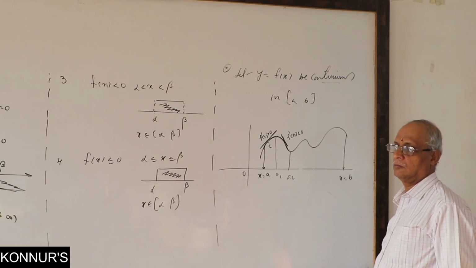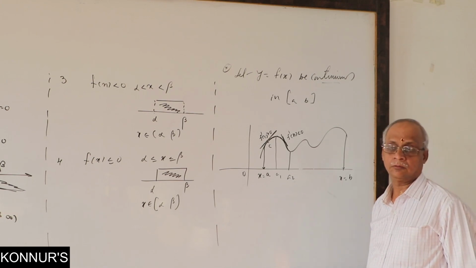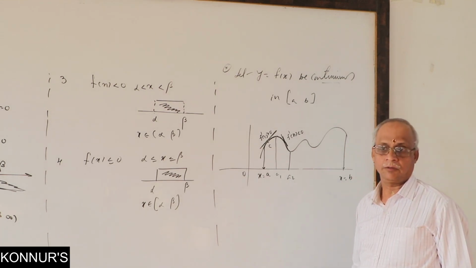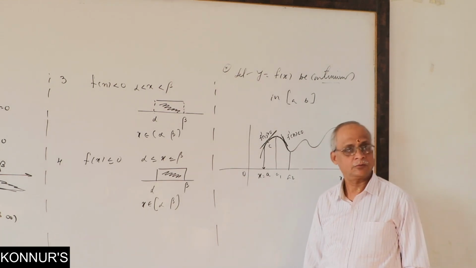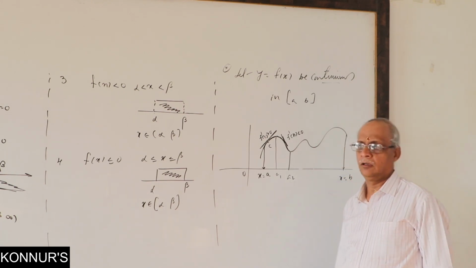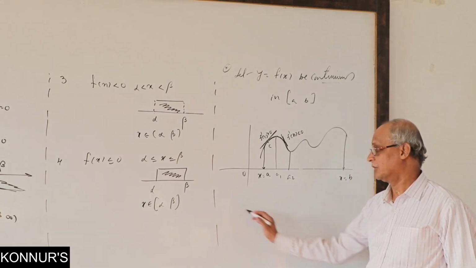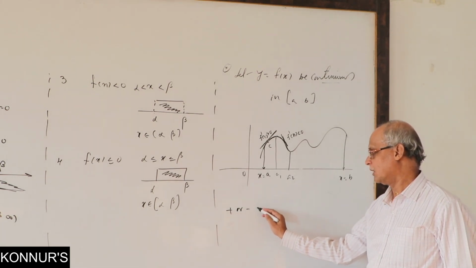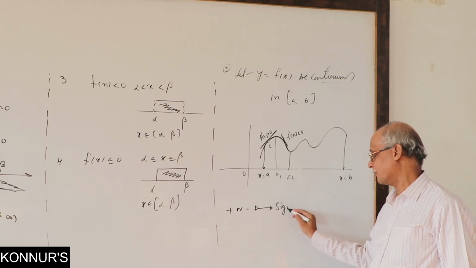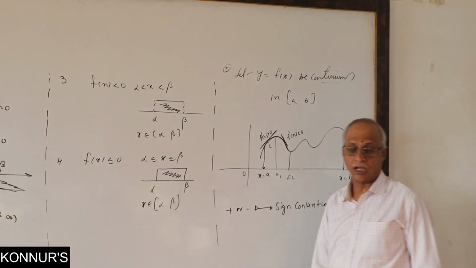So overall, what is our first principle? At any point, if you find the derivative, you have to get a positive sign for increasing. If you get a negative sign, decreasing. Compulsorily the derivative of a function is either positive or negative in general. What is this called? Sign convention. Very, very important terminology.